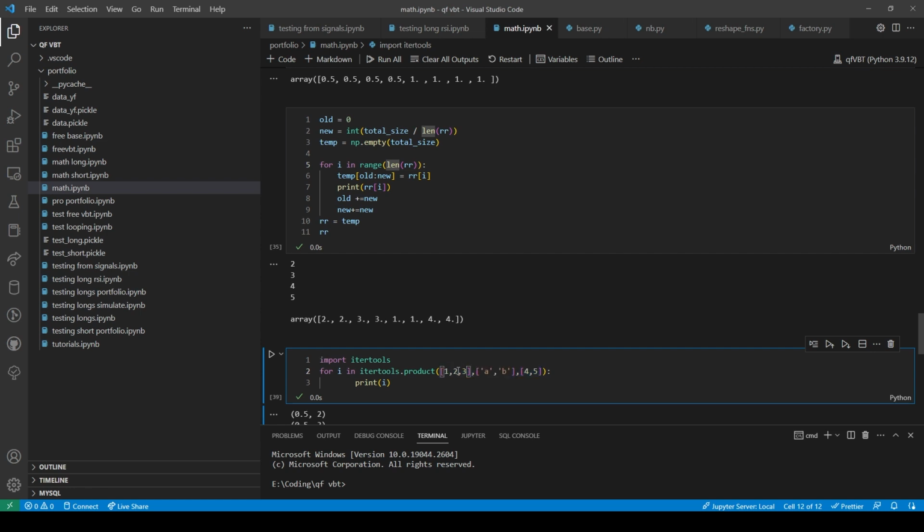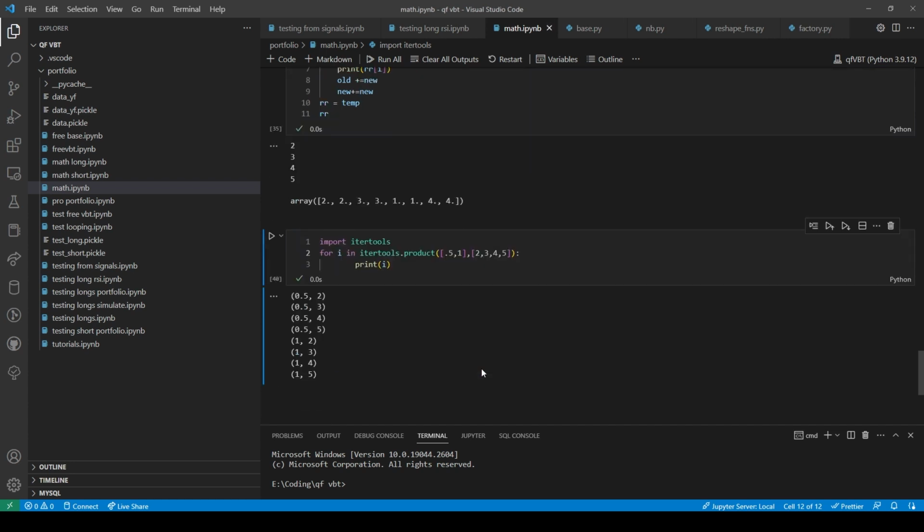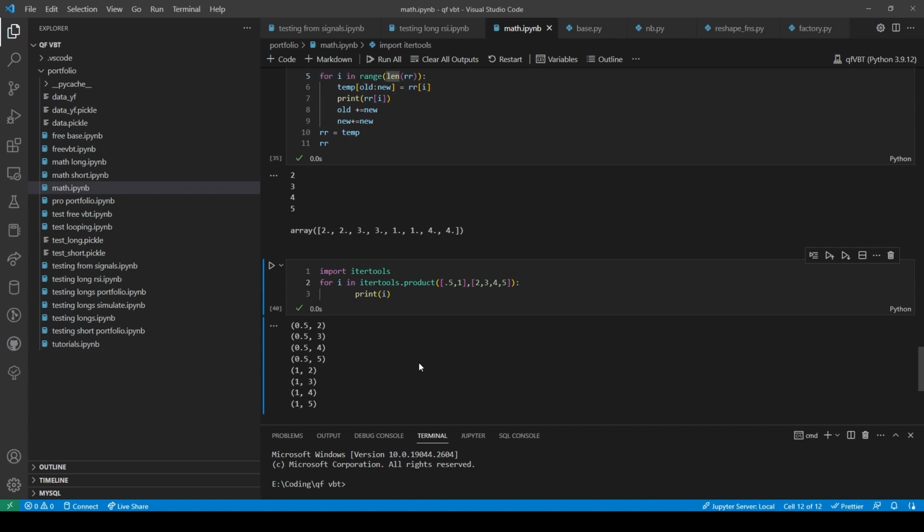What if I had 0.5 and then I had this as 1? I got rid of this. And I had this as 2, 3, 4, 5. It needs a list. Is it?